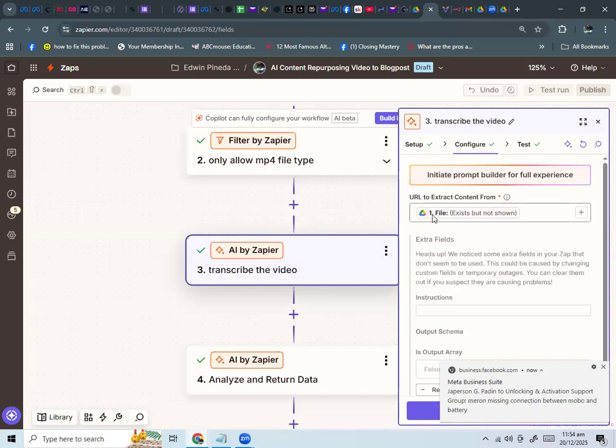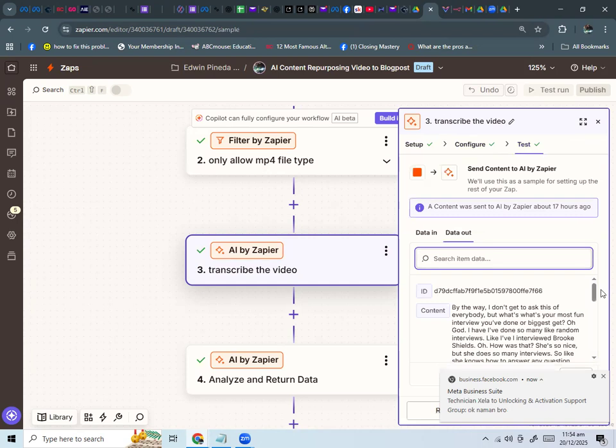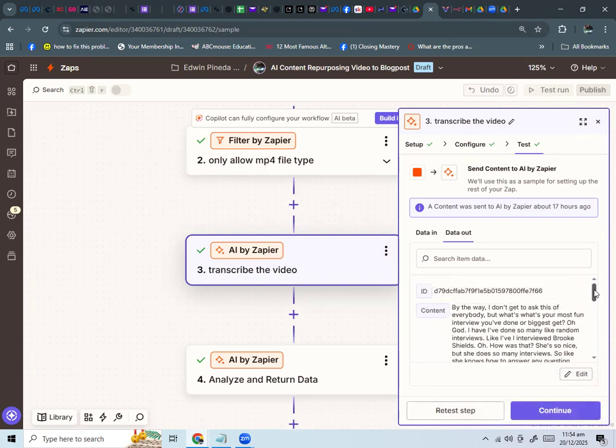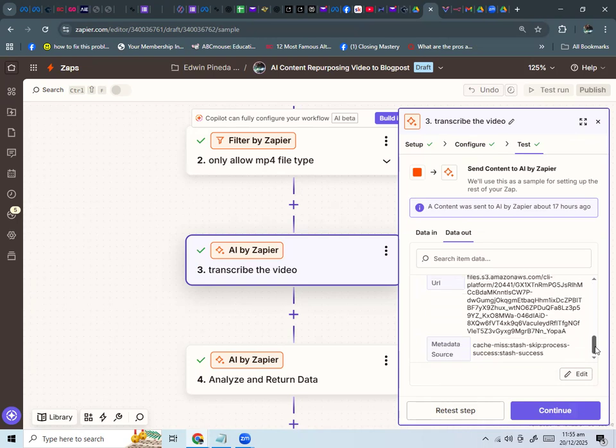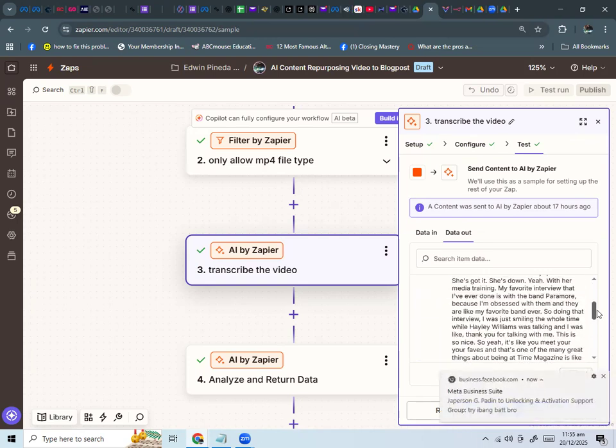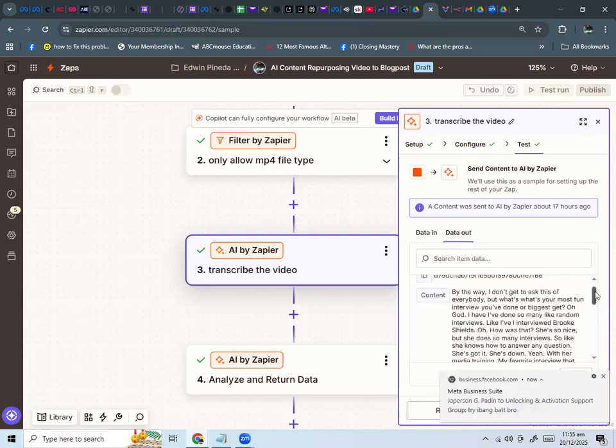Here's the file, and if we test it, it will create two blog posts. I have set up this workflow to create two titles and two blog contents.